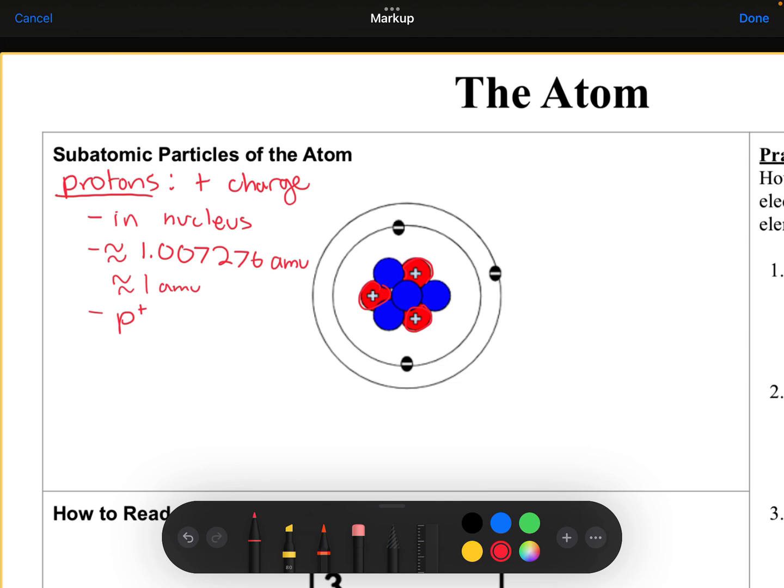All right, and so again, that's going to be all of these red things in the middle here. Okay, our next subatomic particle that I want to talk about is our neutrons. Those are going to be the blue things in that nucleus over there. They have no charge. They are also always going to be found in the nucleus. They weigh very slightly more than protons do. They're going to weigh roughly